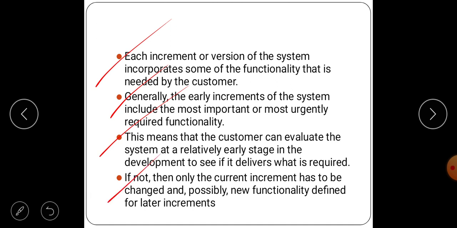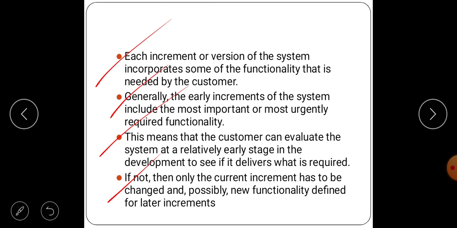Next, if not, only the current increment has to be changed, or possibly new functionality defined for a later increment.